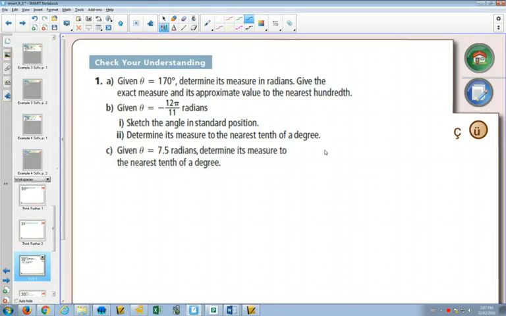Now we're going to practice working from radians to degrees and so forth. We've got theta is equal to 170 degrees. We want to figure that out in radians. We want to give its exact measure, and then we're going to give an approximation. So what I'd like to start with